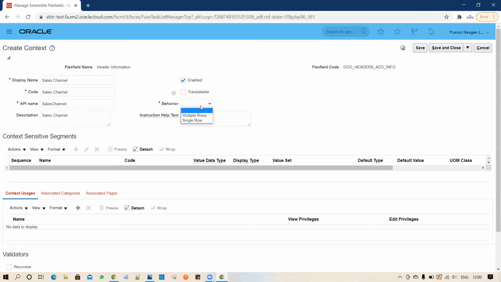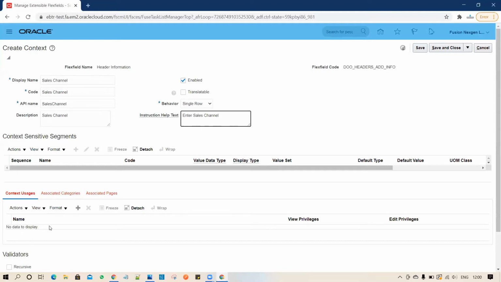and then for behavior, you can select single row, and then if you want to put any kind of instruction, the help text for the user to fill out, what it means, so-called Sales Channel, and when you have to enter, you can put all those instructions. So let's suppose Enter Sales Channel. We'll see over there.